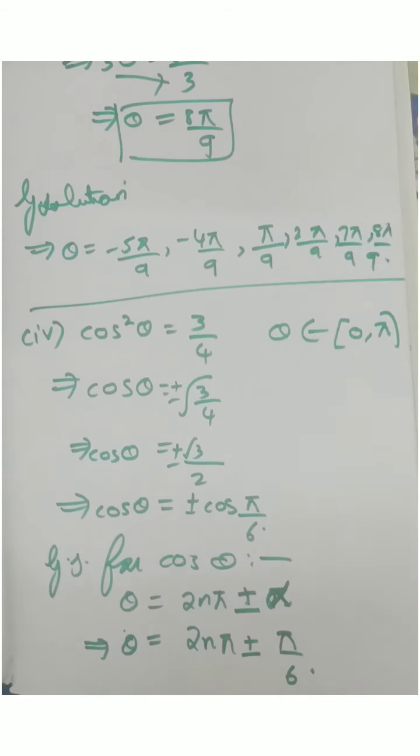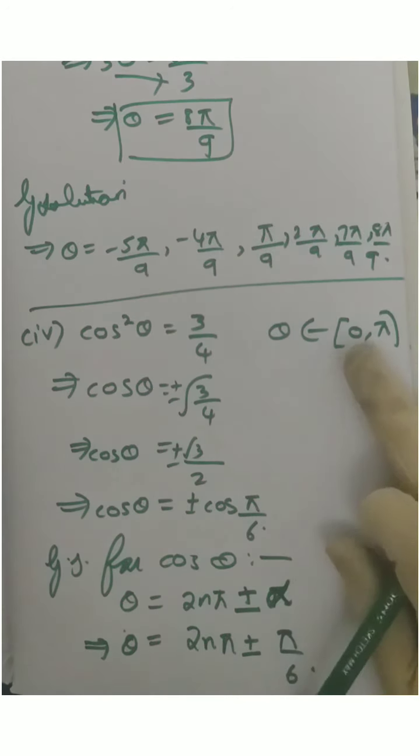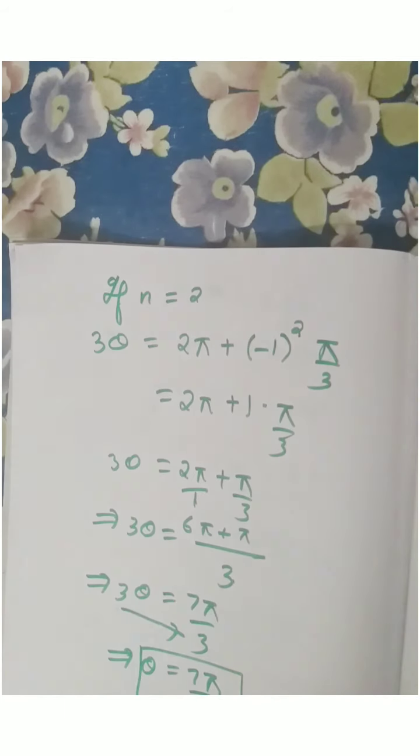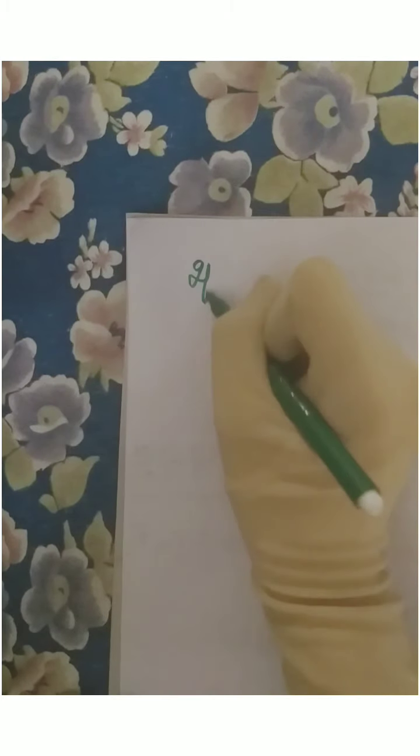If I take the value of n as 1, it will increase. For it to be in the interval of 0 to pi, I can only take n equals 0 here. So in place of n, substitute 0. If n is 0, I'll get